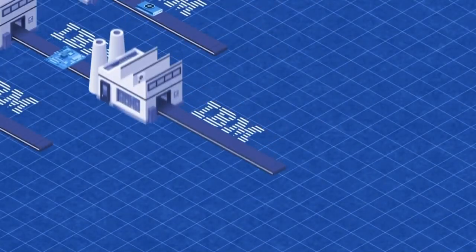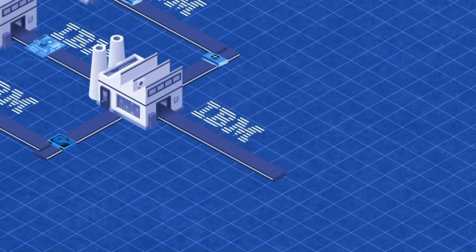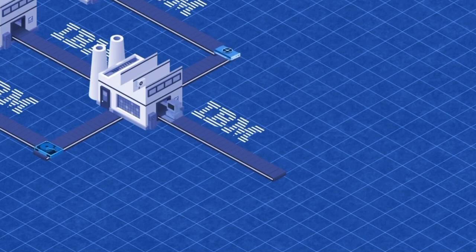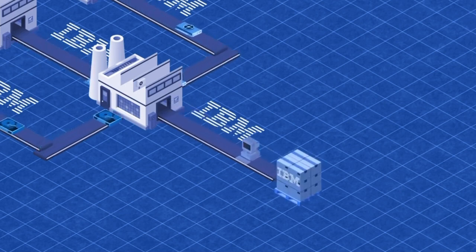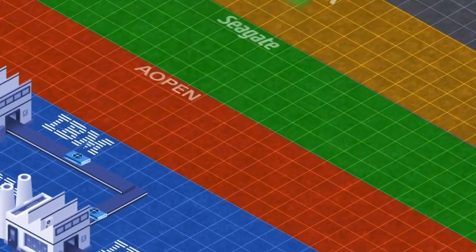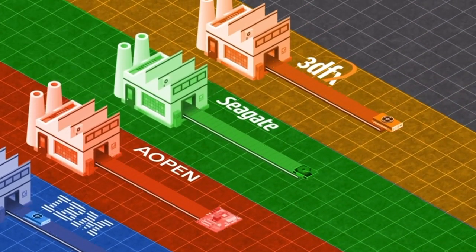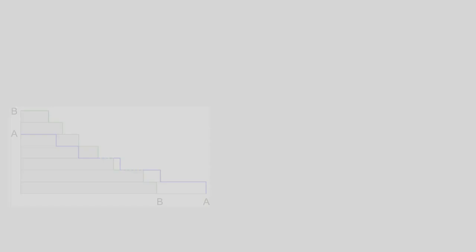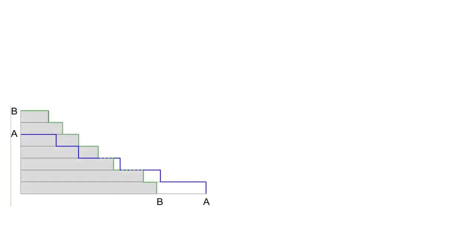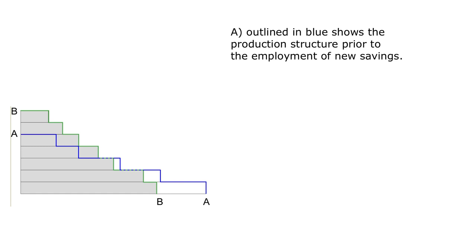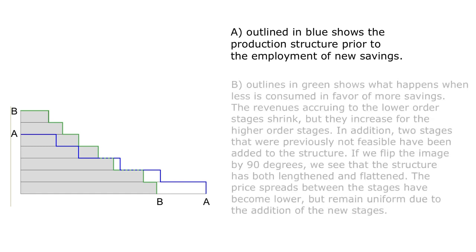A change in profit returns indicates to entrepreneurs that they should reduce their investment and demand for capital goods from less profitable areas, or in other words, stages closer to consumption, towards more profitable areas, or in other words, stages further away from consumption. The shift of investment into stages further removed from consumption starts a process that lengthens general production.